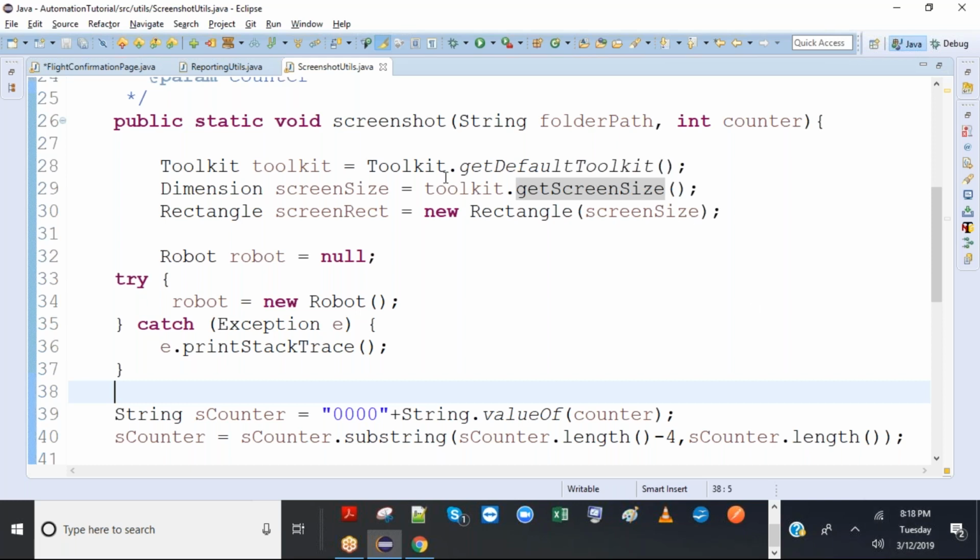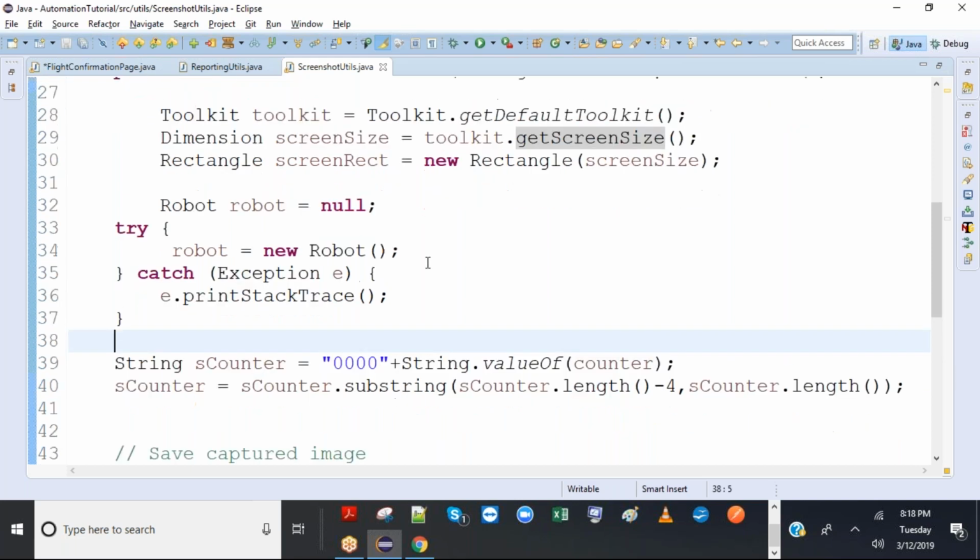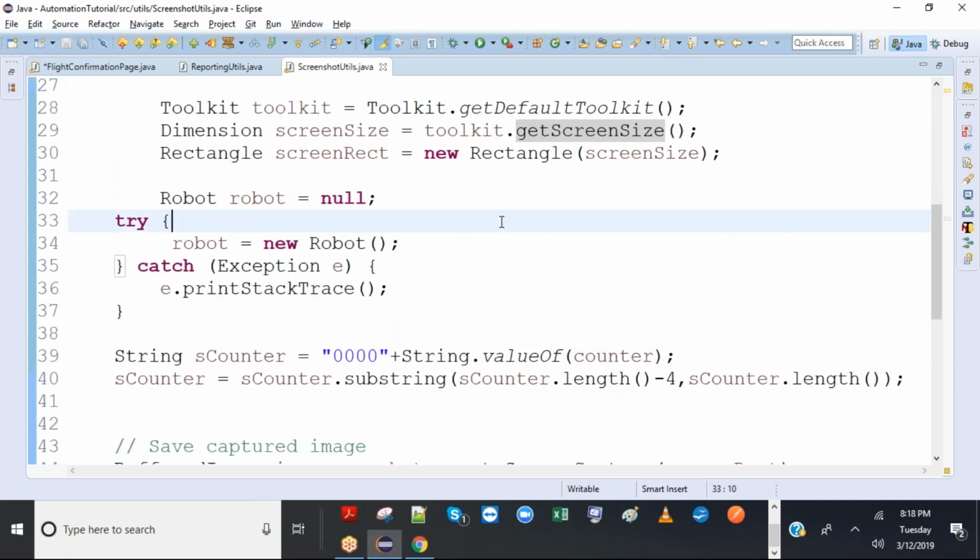So get screen size will give the full size screen, whatever that is, 1920, whatever that resolution is, you can check that. And for the rectangle, I pass this screen size to the rectangle. And robot is a class which acts similar to whatever you do on the keyboard. On the keyboard you see there is a print screen, correct?